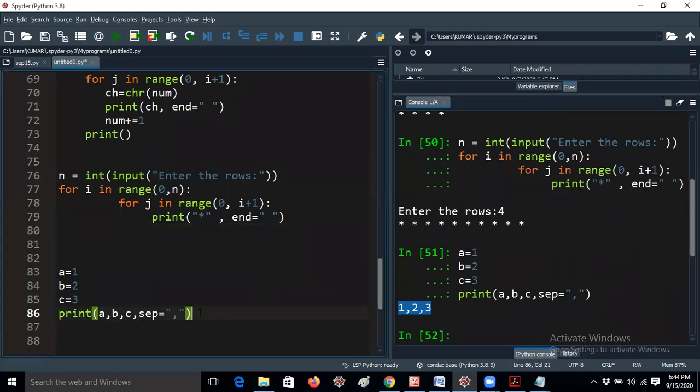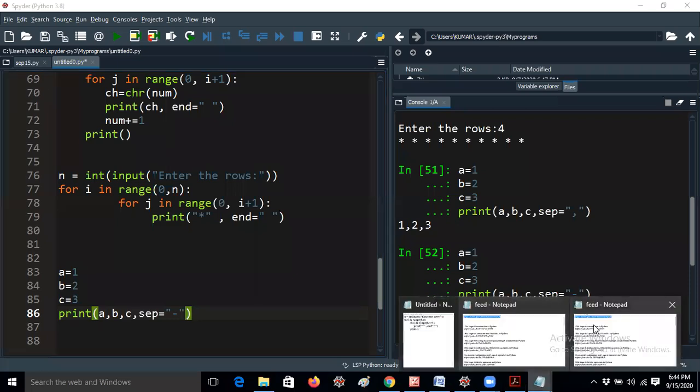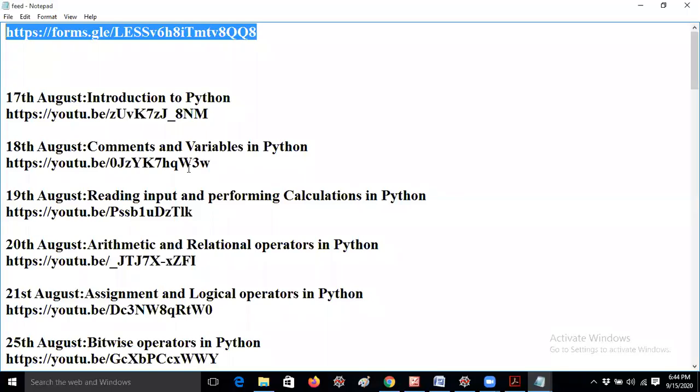The next link was missed due to network issues, no problem. If you give sep equal to minus, you will get the values with minus. That is all, sir. Sep is only for separating the three or four variables. So do the experiments, guys, because if you understand the concept and change any values, you will definitely get the output.